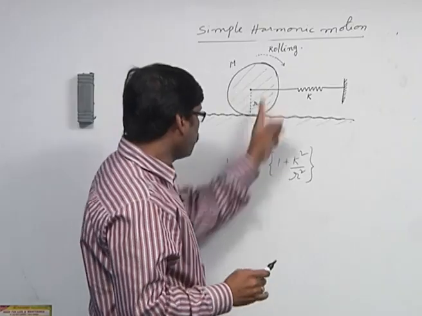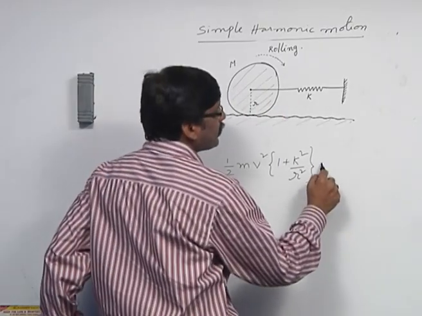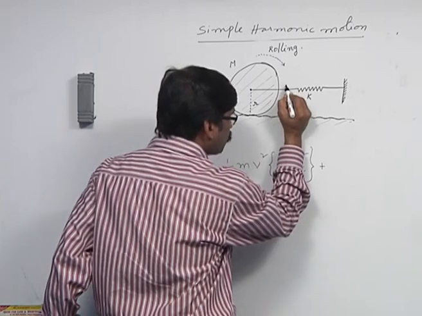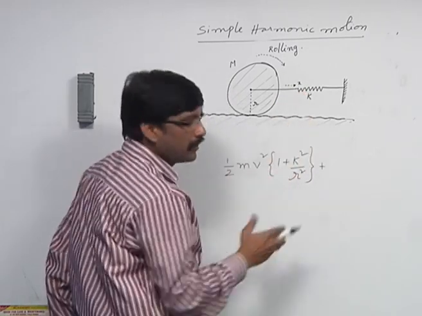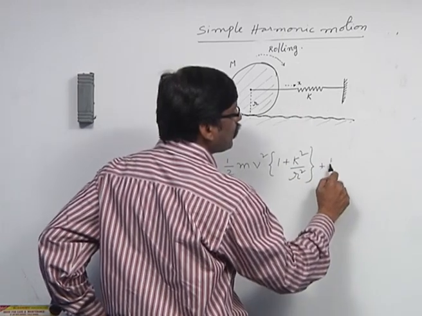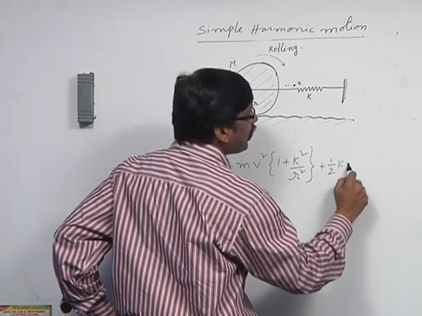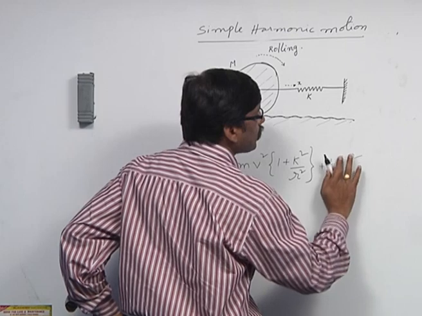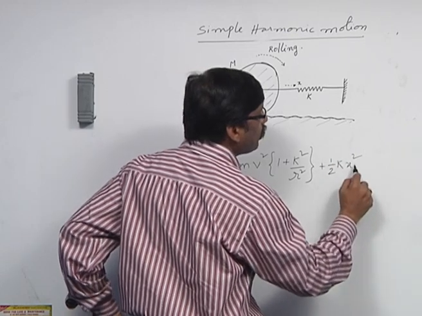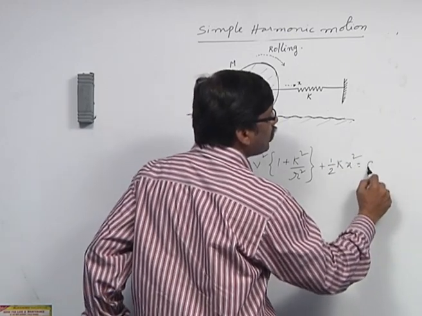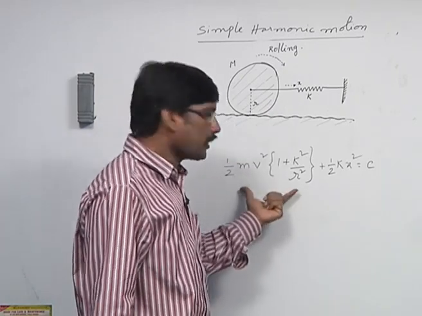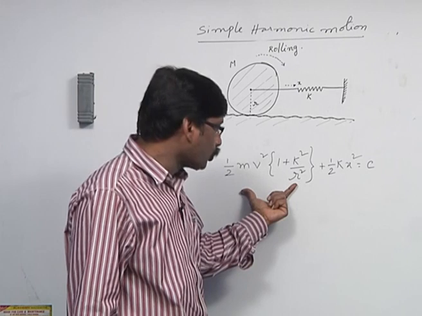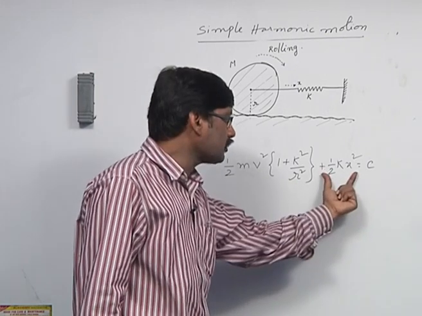Since both are there, I am writing this plus, when it is moving, there is a compression of the spring x. The potential energy stored in the spring is half kx square. The total energy of the system is kinetic energy due to rolling motion plus potential energy half kx square,